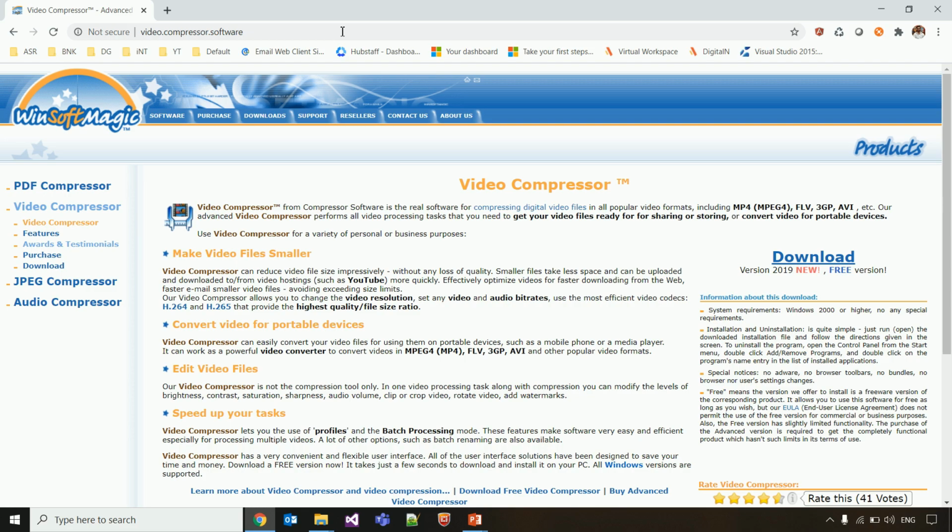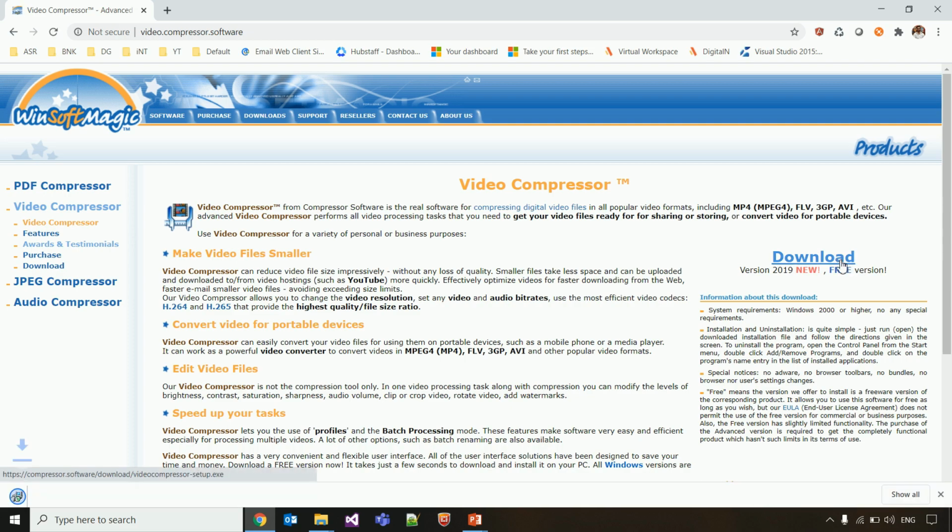If you look at their screen, on the right hand side you can see there is a download button. You don't have to put in your personal details like mobile number, etc. It directly gives you a link to download this software. For some reason, when I search on Google, this video compressor is not on the initial list of Google search results. Not sure why, but this software is quite good. So let's download this. It will not prompt you for anything, just click on it and download the software.